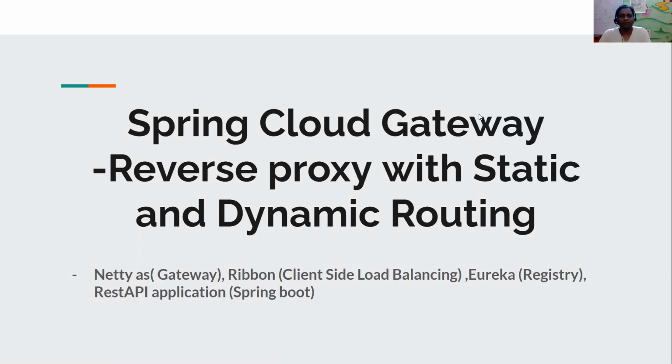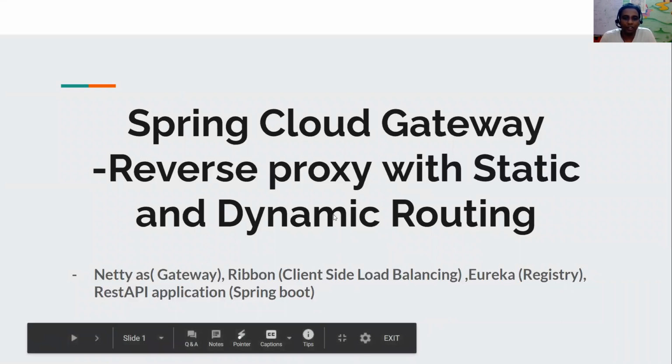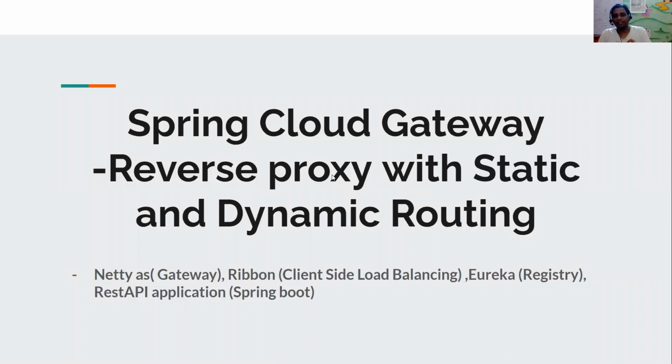We are going to enhance our routing. Mainly here, if you see my statement, I said static and dynamic routing. They may not be the right terms, but what I mean is that when we increase our application servers, when we add more Tomcats, we really shouldn't restart our cloud gateway. When a new Tomcat comes, the gateway should automatically route requests to it. When a particular Tomcat is down, it shouldn't route requests to it. So this is what we are going to do.